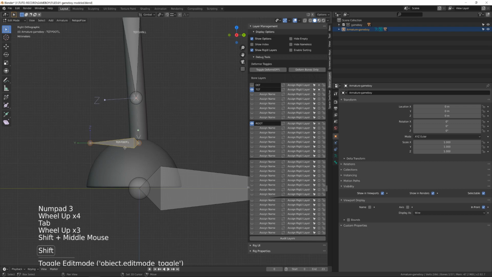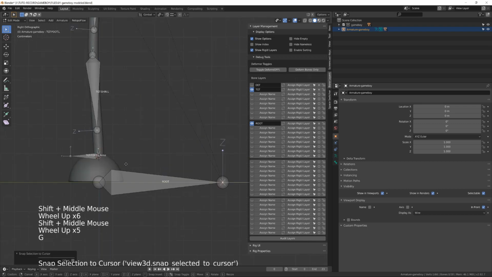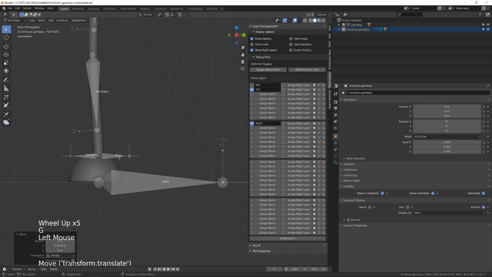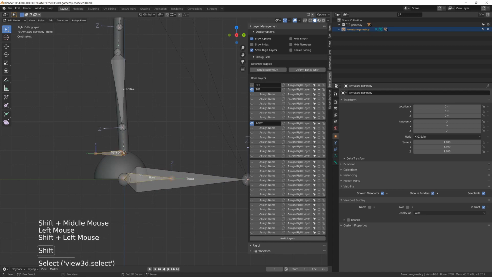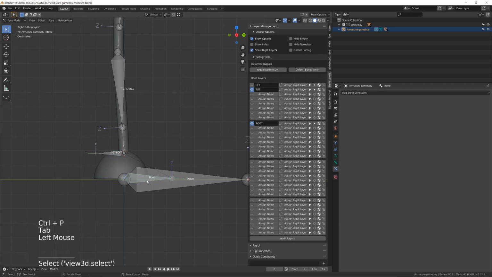Back in edit mode, I will select the head of the target foot bone and extrude another bone backward that will be our control IK foot bone. This will be the bone that allows us to control the whole leg. I will move it down so that it's aligned with the ground and then parent the target foot to this newly created bone. Then I will use the target foot bone to constrain the target shin bone.